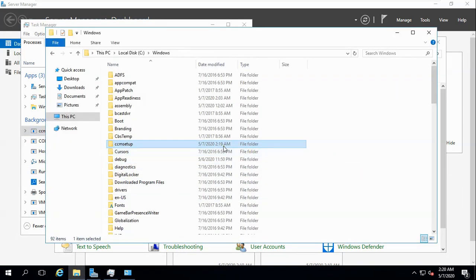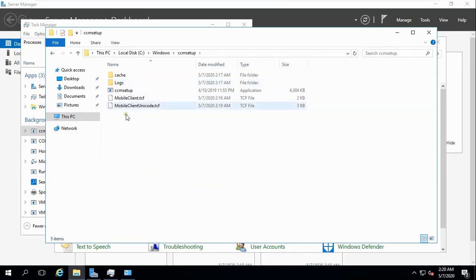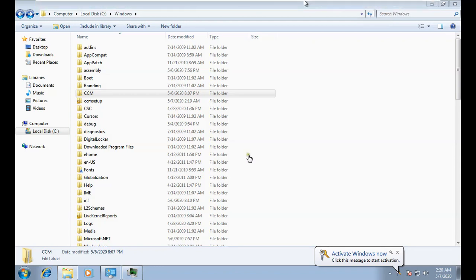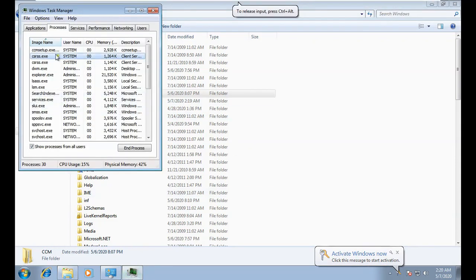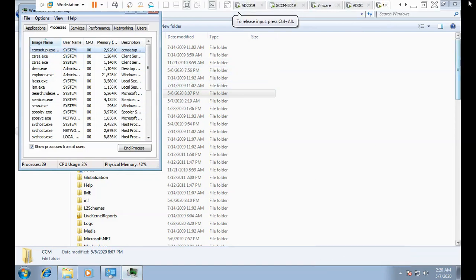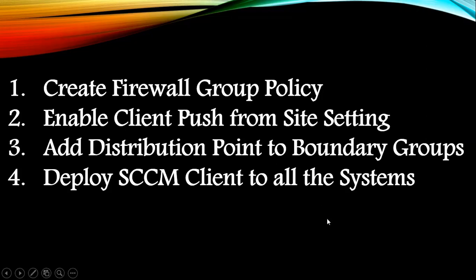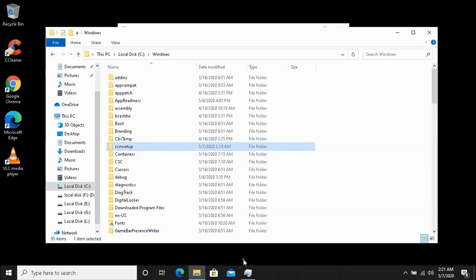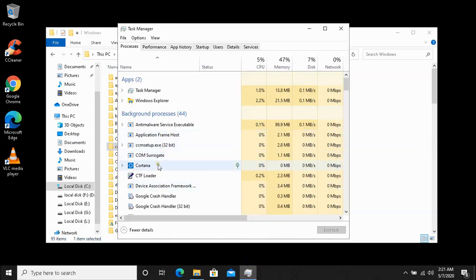setup created by 2:19. It is just 2:20 now. If you refresh, it will be 2:20, because files will be coming continuously. Lots of files will be coming. Once it is done, it will go from here, and you have one more Windows 7 machine here also. It came 2:19, and if you check this, SCCM setup is running, CCM setup is running. And let me check that Windows 10 machine that is on remote, this one. So here also you can see 2:19 one folder came, and you check this here, it should run.